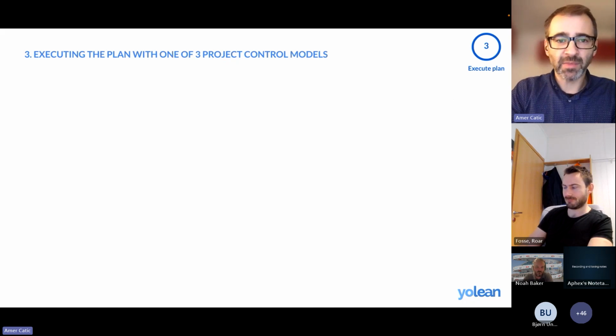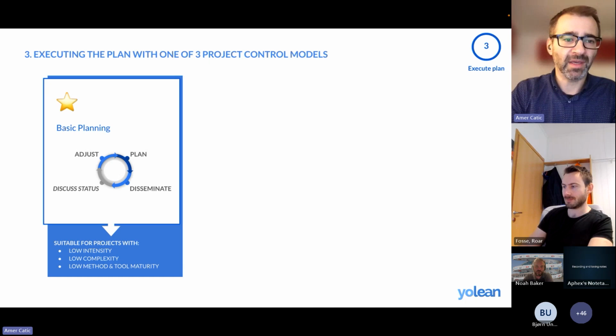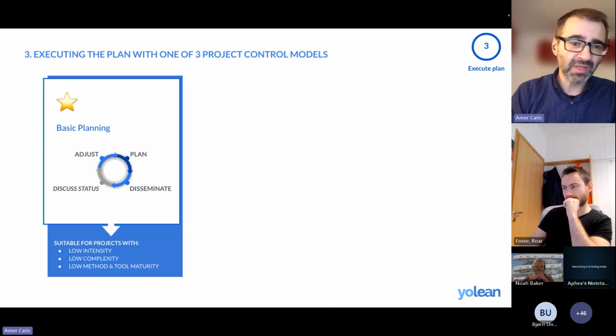So just a few words about these three control models that I talked about. The first one we call basic planning. This is where you use YoLean to plan and disseminate the plan, but you don't commit to it. And when you don't commit to the plan, you don't have any data of what has been accepted, what the team committed to. It of course brings lower value because then when you want to follow up the status, you can only